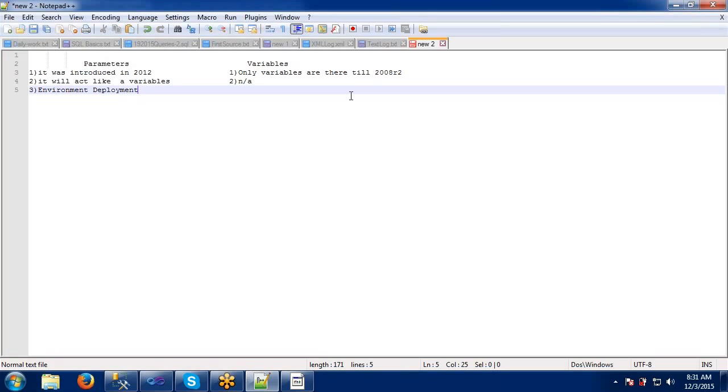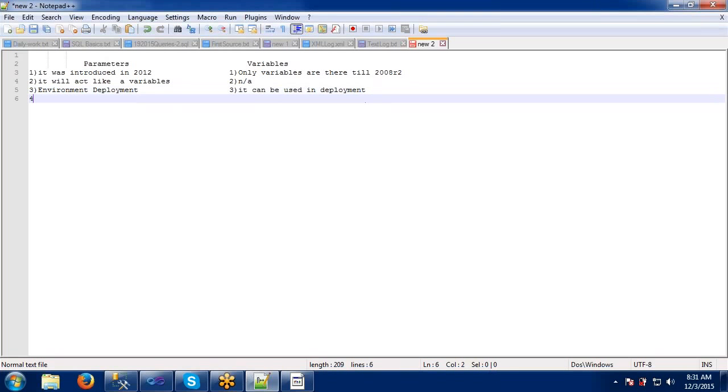In this situation, parameters are very helpful for us. I will tell you what deployment is. I will take one scenario and explain how to use this. For now I am just giving the differences, in which areas these are most useful.